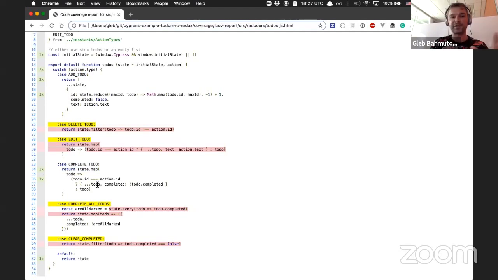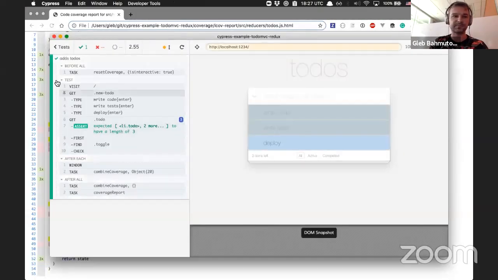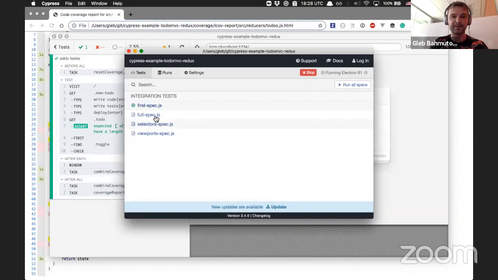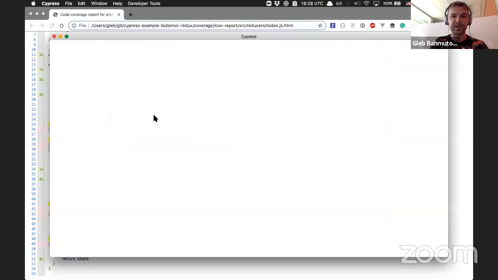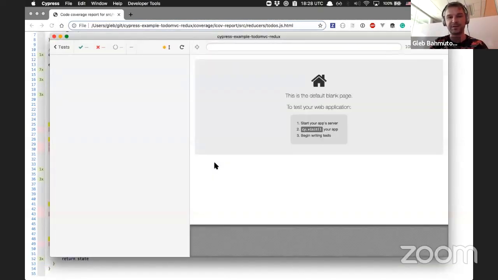And so my coverage tells me exactly, just find the statement that's red, figure out what end-to-end test would actually reach the statement, and just add the test. So how does it look in practice? Well, instead of this one test, I can run the full spec, which is kind of our standard to-do MVC